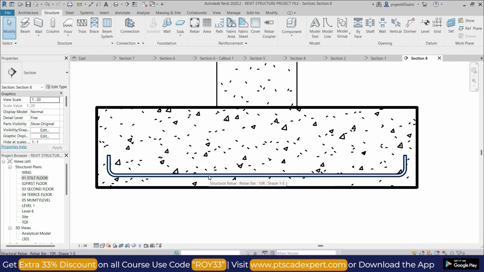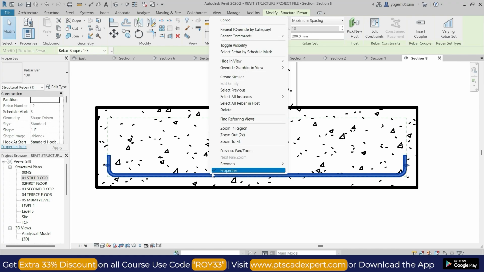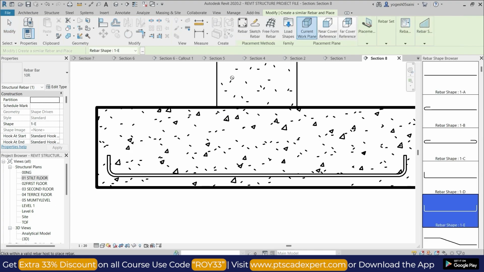हम लोग क्या कर सकते हैं कि जस्ट क्लिक ऑन दिस एंड जस्ट राइट क्लिक, और यहाँ पर हम लोग क्रिएट सिमिलर पे क्लिक कर सकते हैं, ठीक है। सो यहाँ पर सिमिलरली हमें प्रोवाइड करना है, सो हमें चूज करना है सेम रीबार 1E, ठीक है। सो यहाँ पर अभी जो डायरेक्शन है प्लेसमेंट प्लेन एक ही होगा, करंट वर्क प्लेन, बट यहाँ पर जो आपका प्लेसमेंट ओरिएंटेशन है वो चेंज हो जाएगा यहाँ पर, ठीक है।